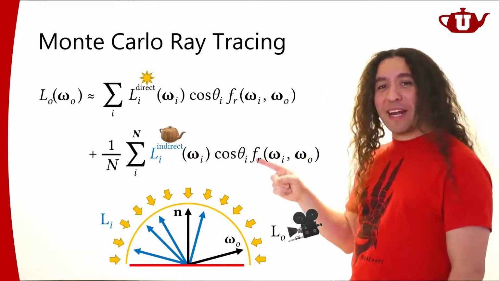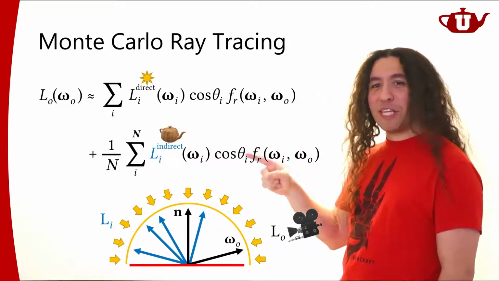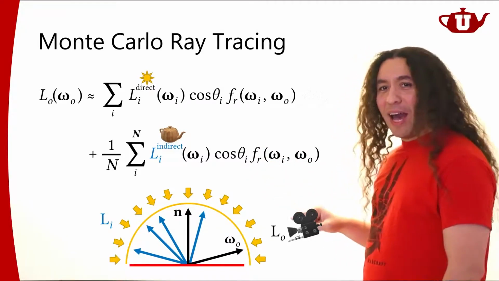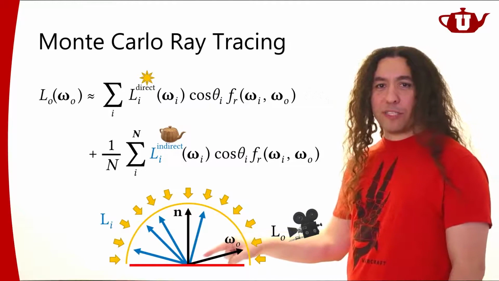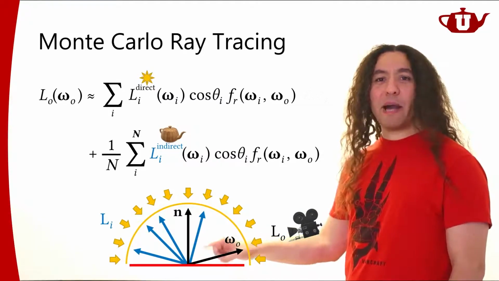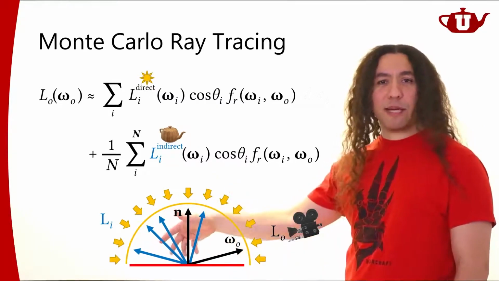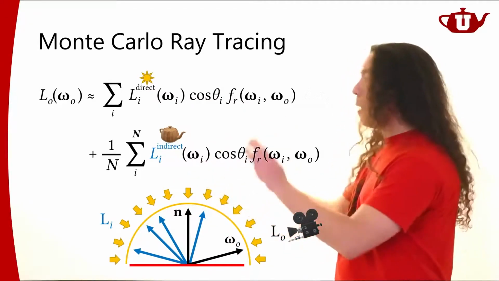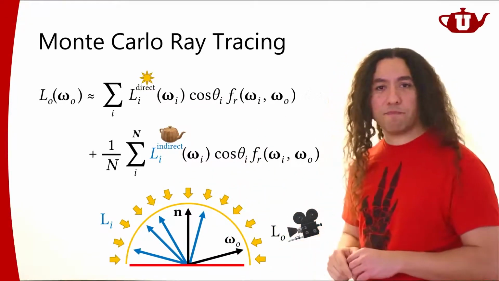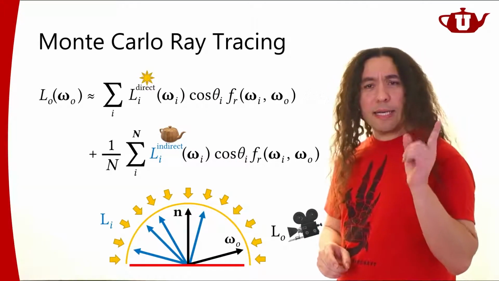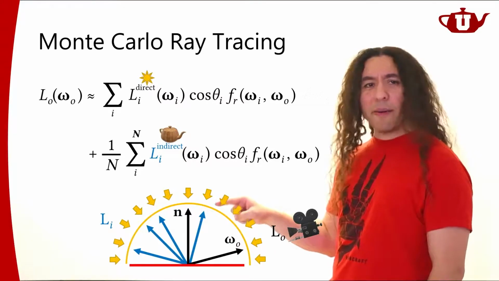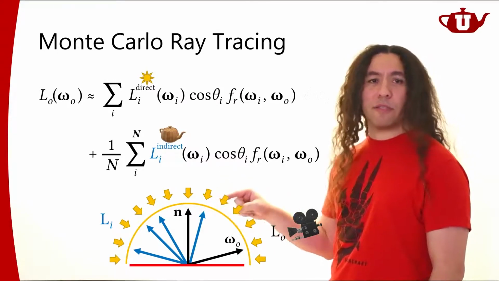But before I get there, I would like you to appreciate the complexity of what's going on here first. Now, I would like to know at this point the amount of indirect light coming from all directions, right? So what I did is I picked a bunch of samples and I figured out how much light is coming from all of these directions. Here's the thing. How am I going to find this? Pick one of these directions. How am I going to find the light coming from that direction?